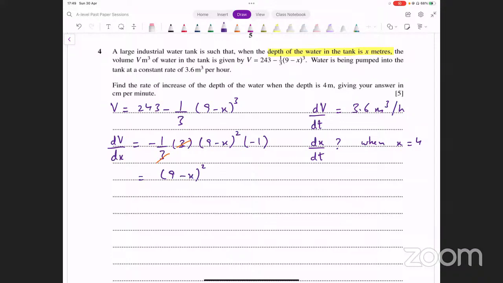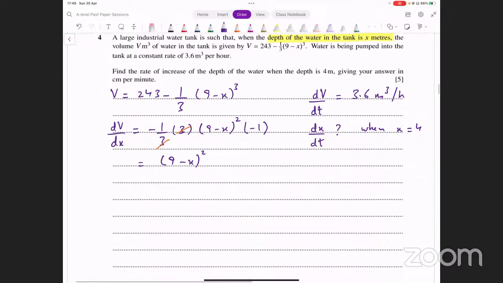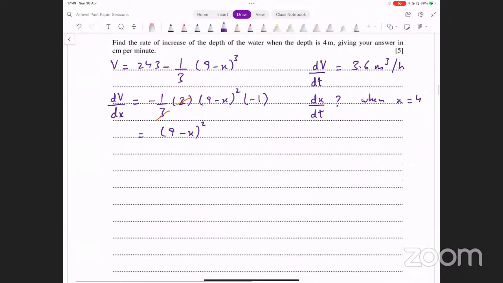Okay, अब क्या करें? चेन रूल में इनपुट कर दें. आप x की वैल्यू भी यहीं पे डाल सकते हैं और बाद में चेन रूल में डाल दें, या आपकी मर्जी है. ठीक है, so let's input x right here because आपको किस पॉइंट पे चाहिए, when x equals 4. x equals 4 पहले नहीं डाल देना यहाँ पे वॉल्यूम में, जब डेरिवेटिव ले लेंगे उसके बाद उस डेरिवेटिव के अंदर इनपुट करना है. Let's see what dv over dx turns out to be when we input x equal to